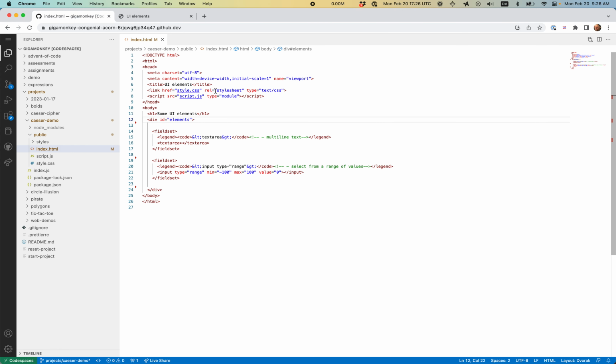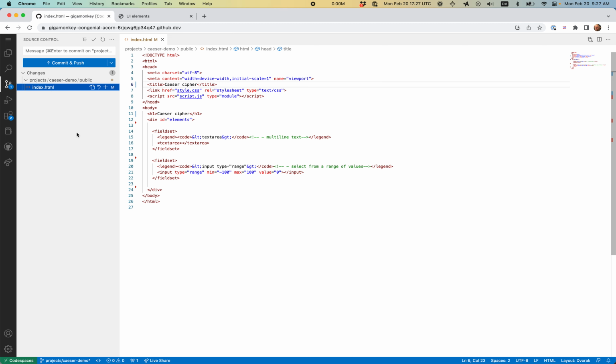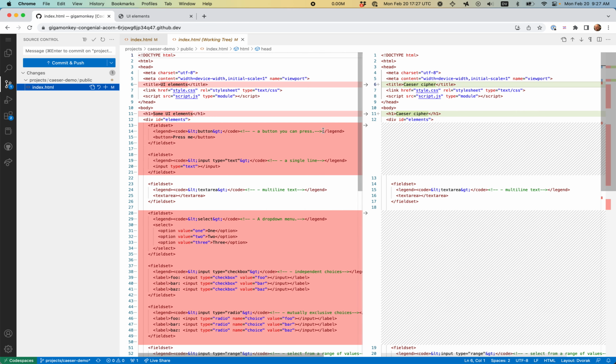While I'm here, I can also change this text, because we're on our way to Caesar cipher, and there's another place that appears up here, UI elements. Caesar cipher. Okay, cool. So now if I click on this file in the version control, it shows me what I changed. Everything on the left was what was there. The red stuff is deleted. The red and the green show what's changed. So basically I deleted a bunch of stuff. So I'm going to say stripping down